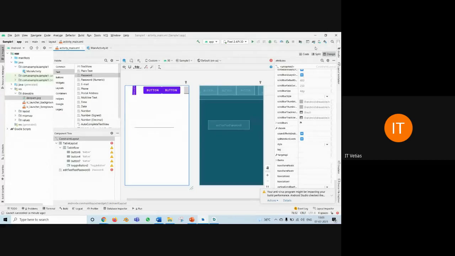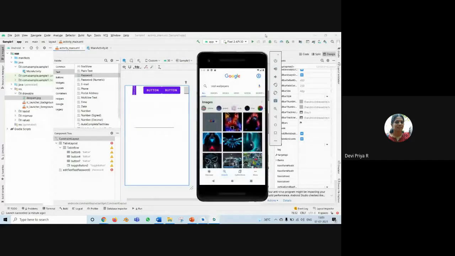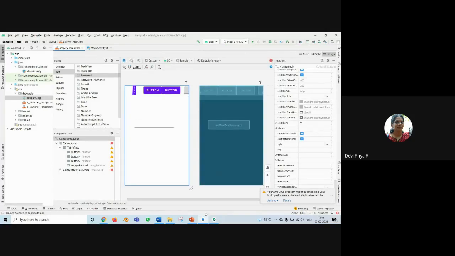Okay, because only if you set up the virtual device, the screen will be shown here. This is your virtual device now. If you can set the virtual device, no problem, that display will be shown here. If you have not set it, that means if there are some problems in setting up the virtual device, you can connect to your phone. Normally we all have an Android phone, no? So you can connect that Android phone to your USB port, and you can see all the things that are being created in your layout page here.